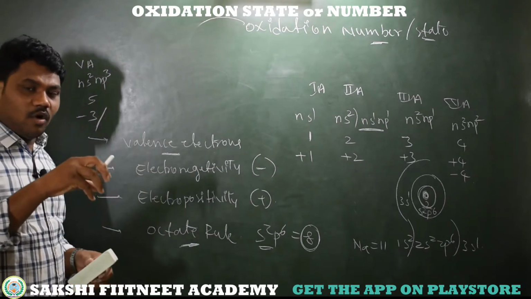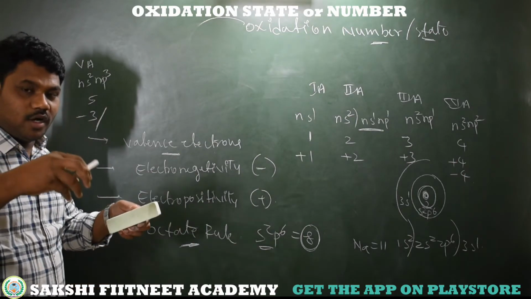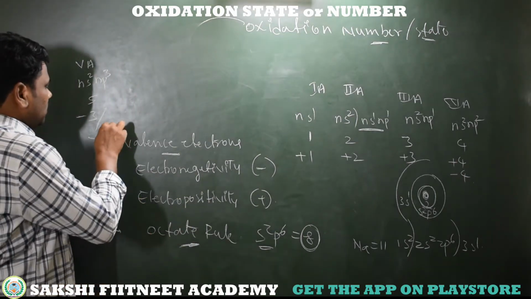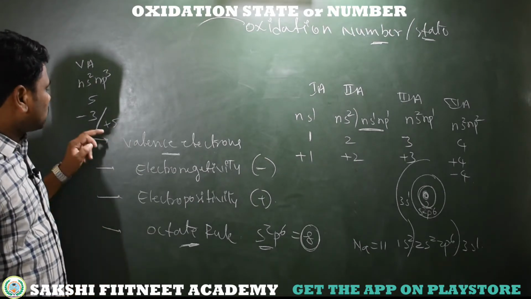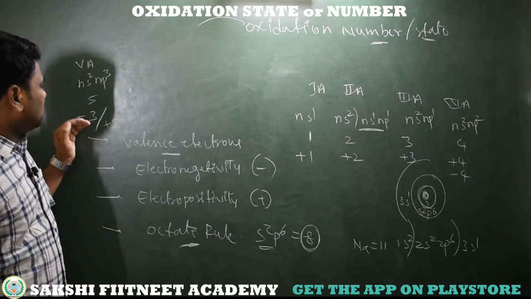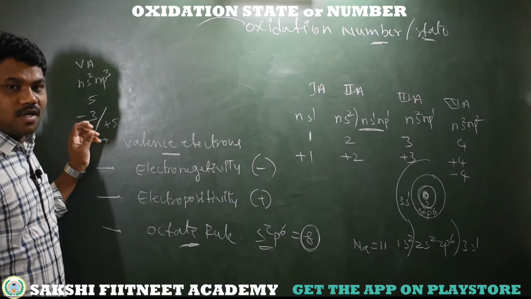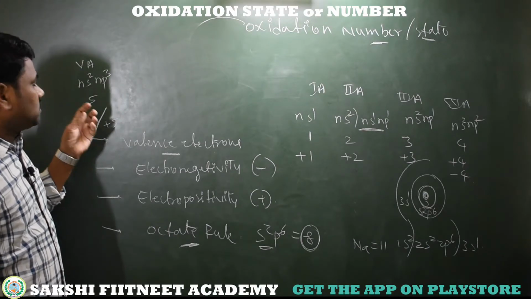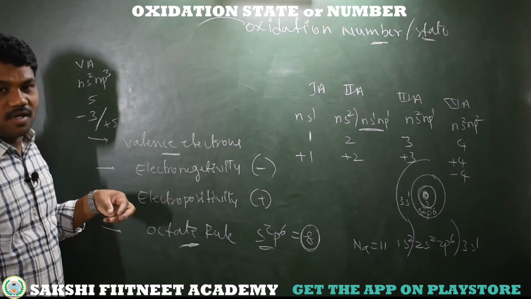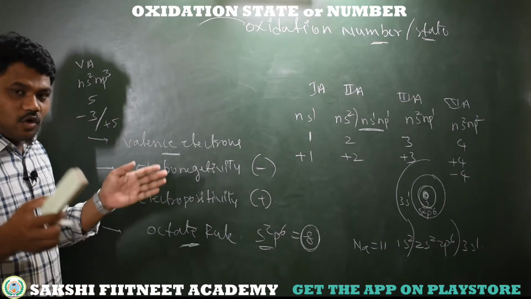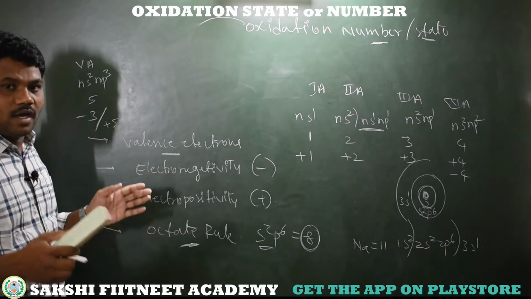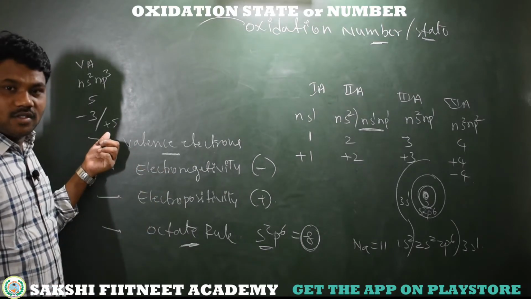If the group element is the central atom and is bonded to more electronegative atoms, then it can exhibit up to a +5 oxidation state. Example here, PCl5: phosphorus belongs to the fifth group. Cl is more electronegative than phosphorus, and the chlorines are bonded to phosphorus. So each chlorine gains 1 electron, and phosphorus becomes +5 oxidation state.